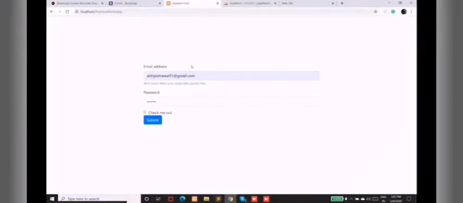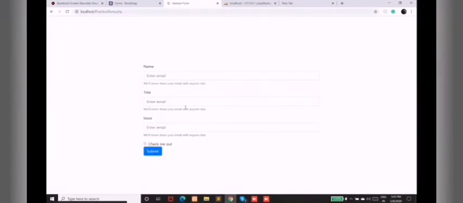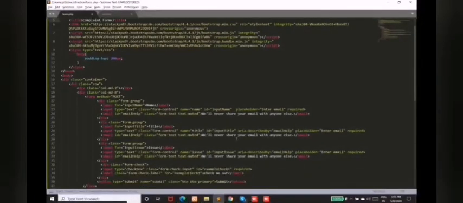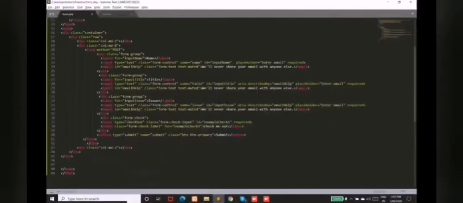Okay, so let's see how the form looks. Okay, where it is. We'll change this placeholder. Sir, also change placeholders. Okay, so what's happening here?